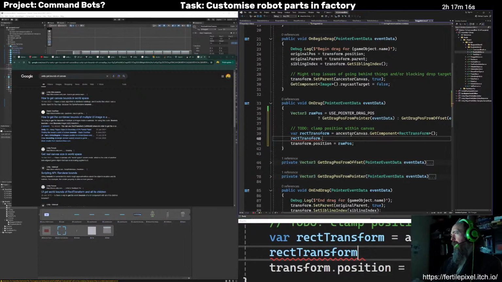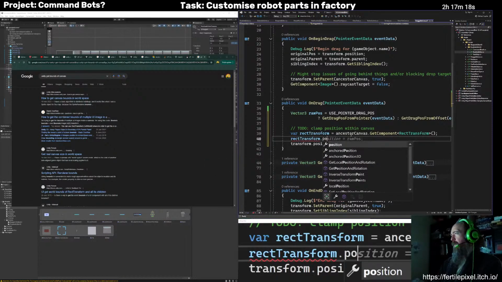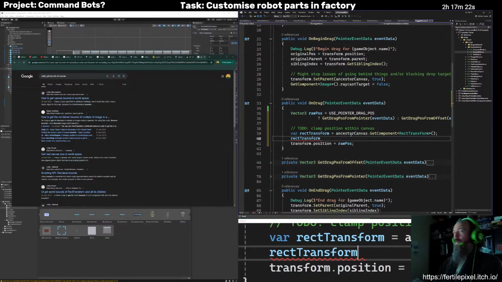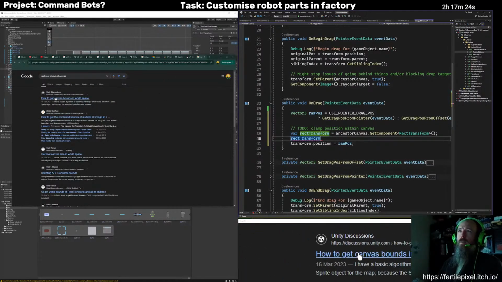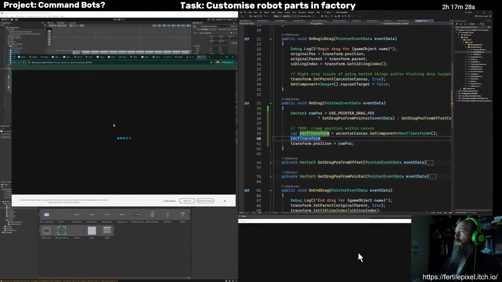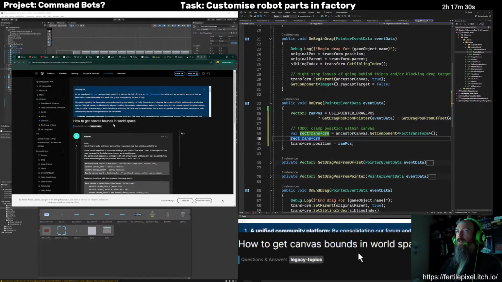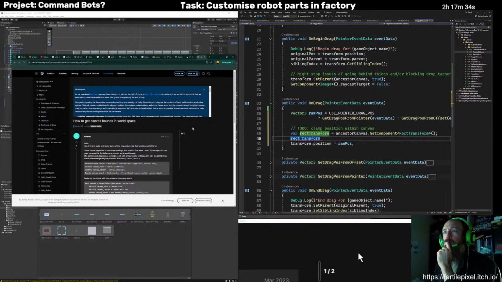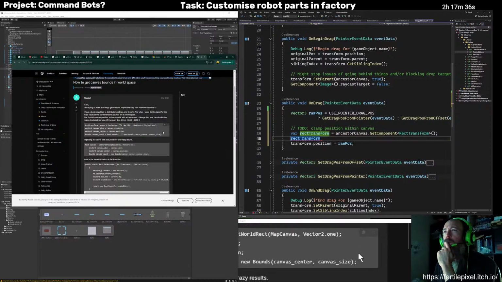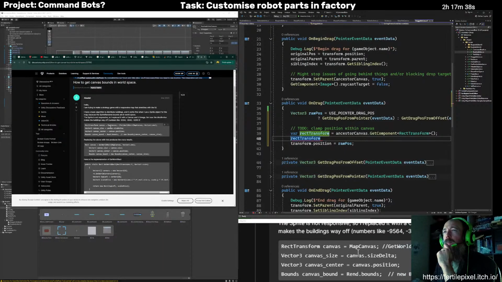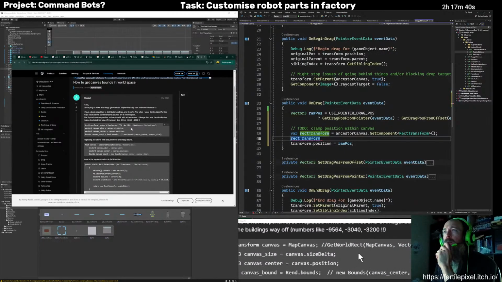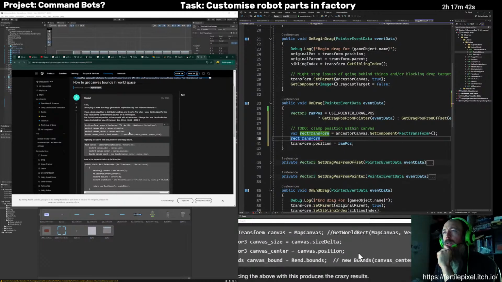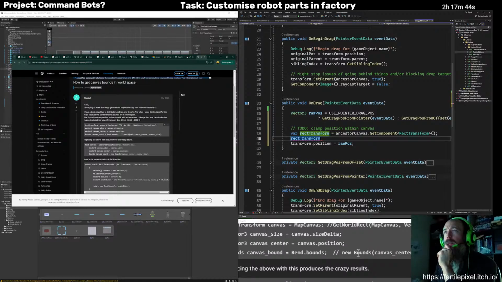Don't have any height on there. Anyway, let's have a look. Canvas bounds in world space. I think that's probably what we want. Rect transform. Size delta. Position. So on.